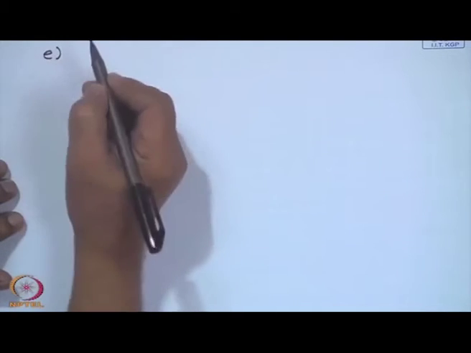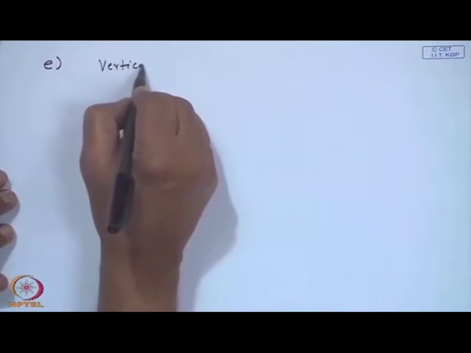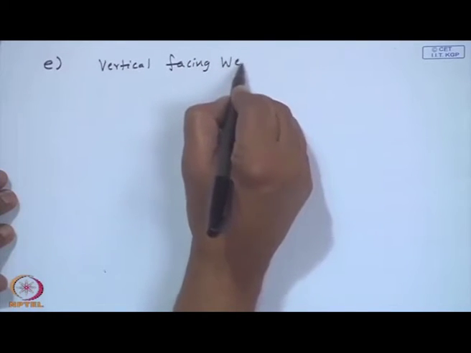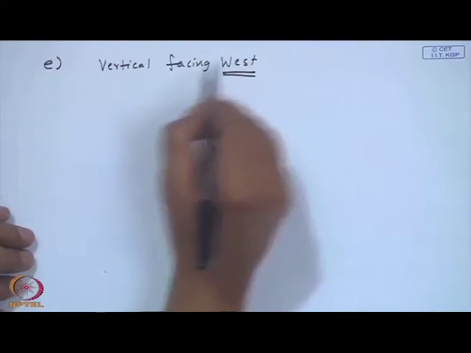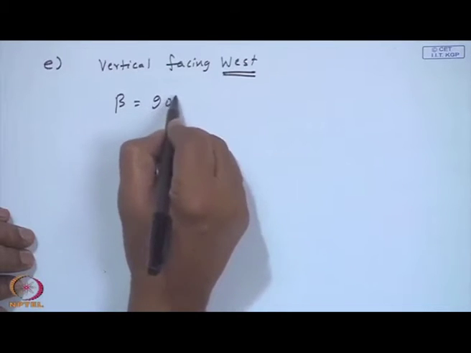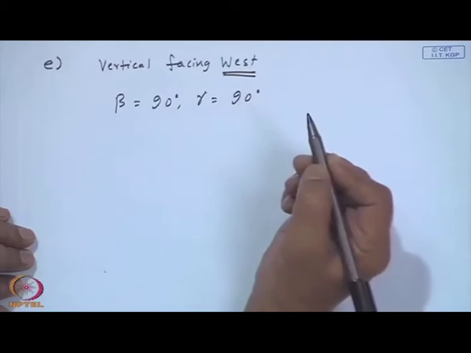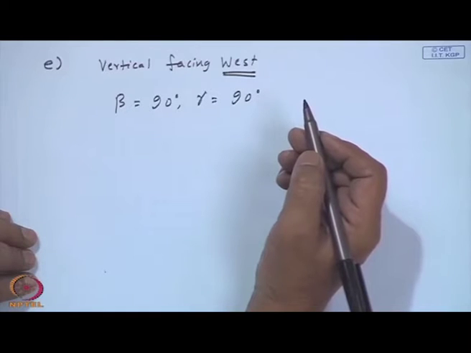Now, we will go to E, that is vertical facing west. That is beta 90, gamma is plus 90. So, you have to involve the full equation, and to illustrate the point once again, I have written the full